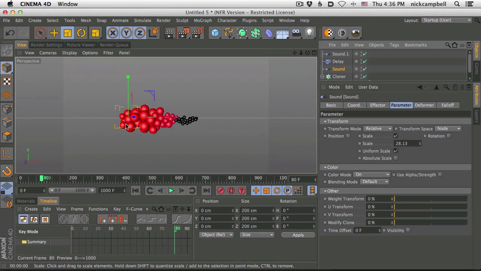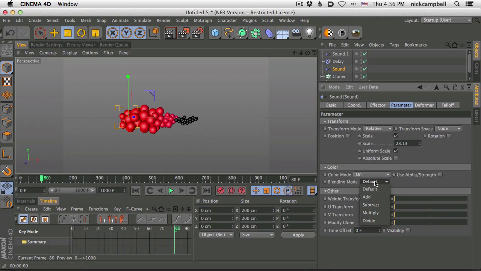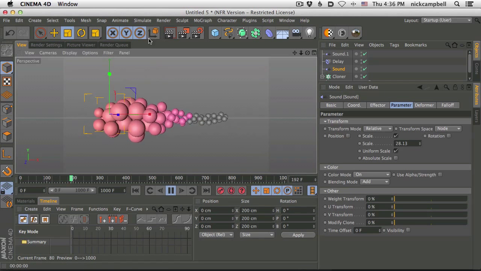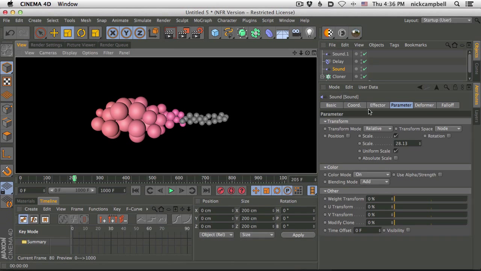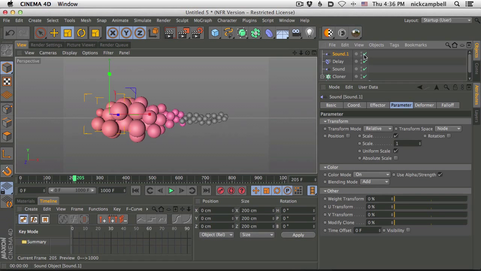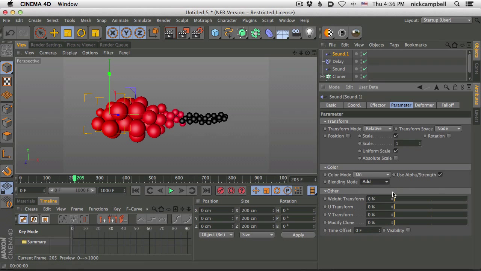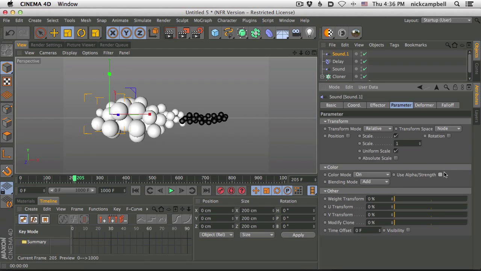So instead of just having red to pink, you're going to have two sound effectors working with each other to add color on top of the other ones. So let's go back to our original, and you can see default is set to here. You could turn this to add as well and really start to get more pastel colors and get to the kind of color shading you want. So let's try default in the base, normal ones, and then let's try add here and turn off alpha.